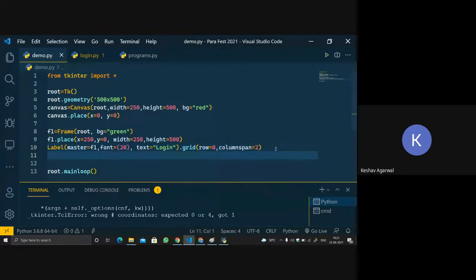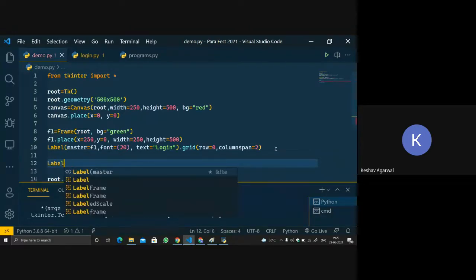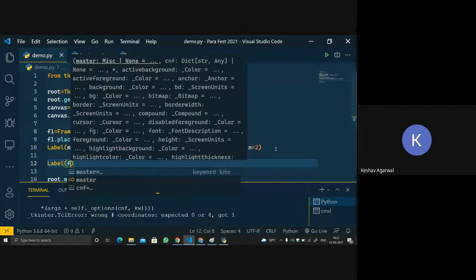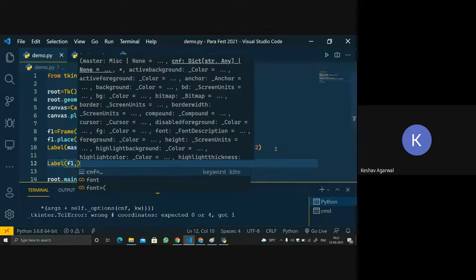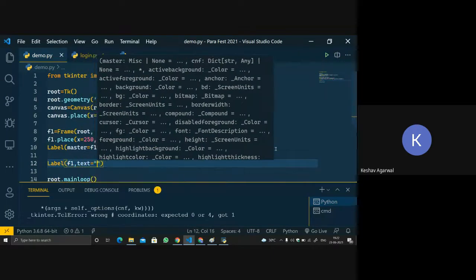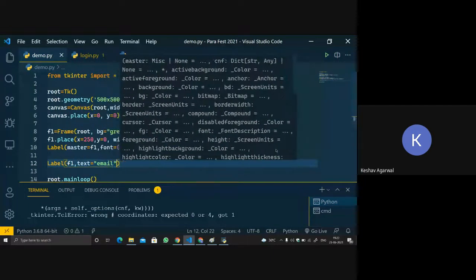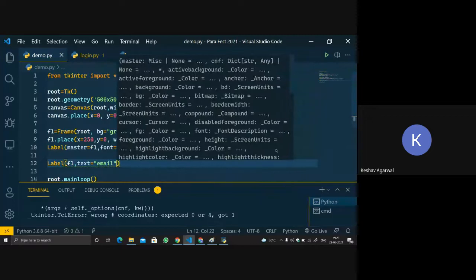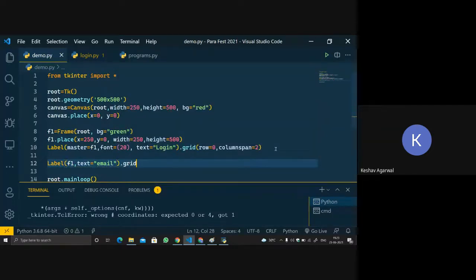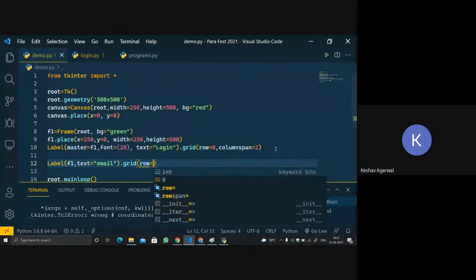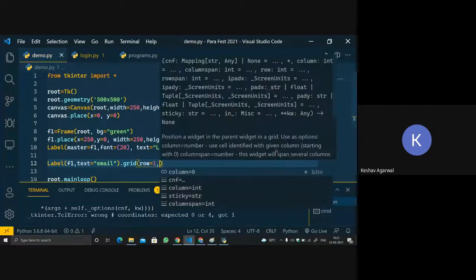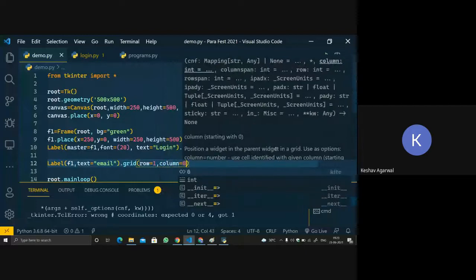So let's make some more entries. Let's make another label that will place it inside F1, and the text will be email. Let's not give any font. Dot grid, row is equal to 1, comma column is equal to 0.